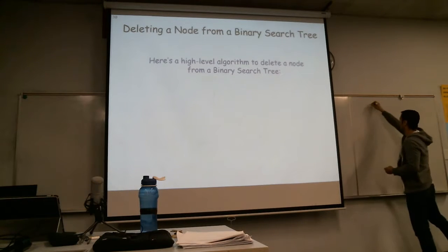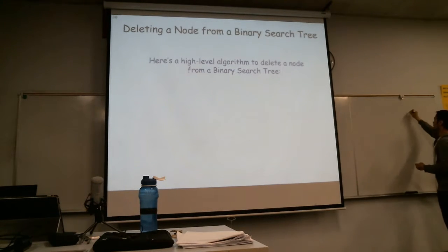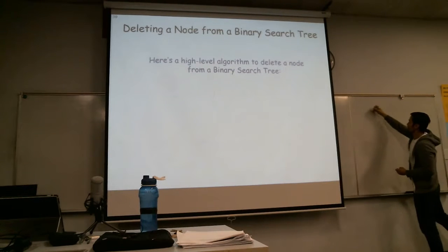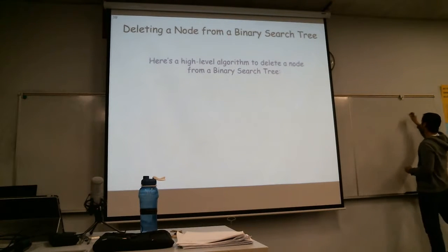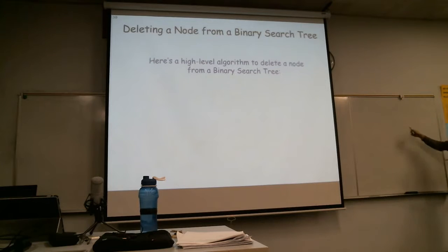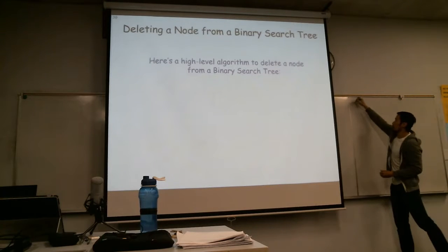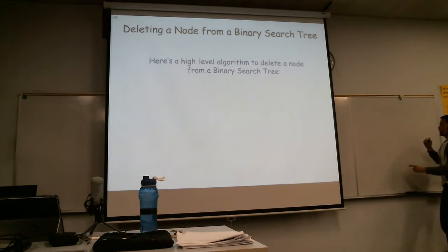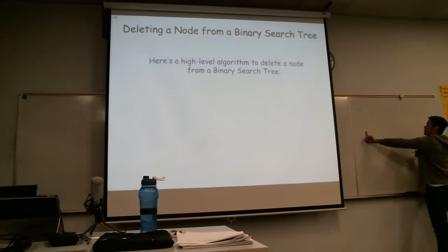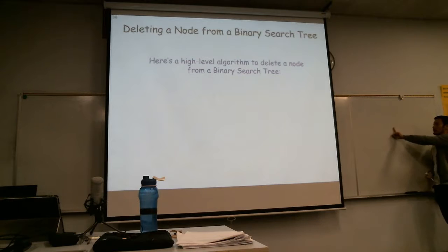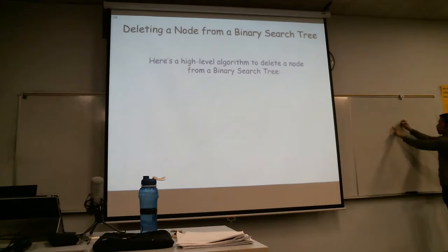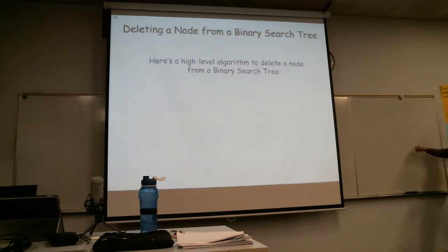So I have 1 node, 2 node, 3 nodes. Let's say 1, 3, 4. If I want to delete this 3, and I have a head pointer too, right? So here's my head pointer. I start here, and I want to delete 3. If I traverse down to 3, can I simply delete 3? No. Because if I just simply delete 3 and my pointer points here, I have no way to relink things because I've lost